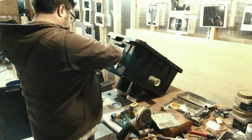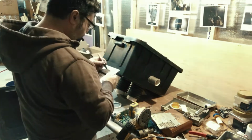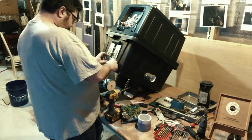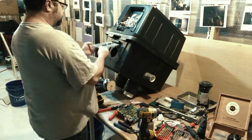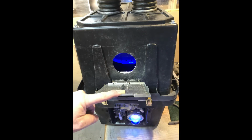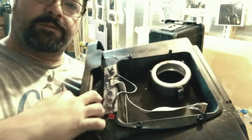So this is the garbage part of the Gonk. This is where I'm going to put the hole. Eventually I'll make it square to put bigger stuff in. I zip tied that lid to it. So I don't know if you could see, but